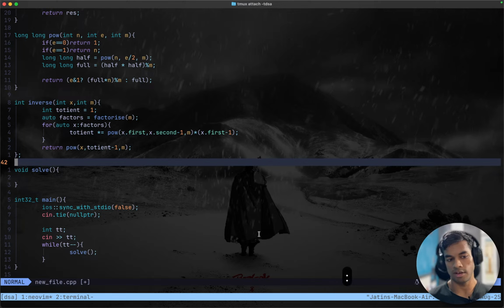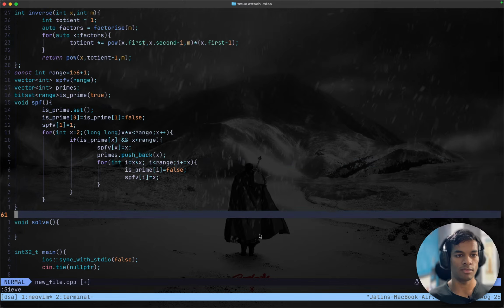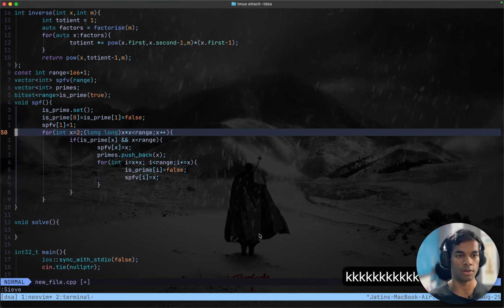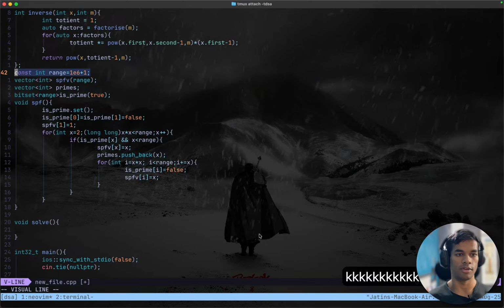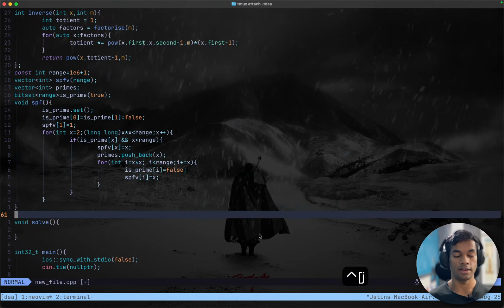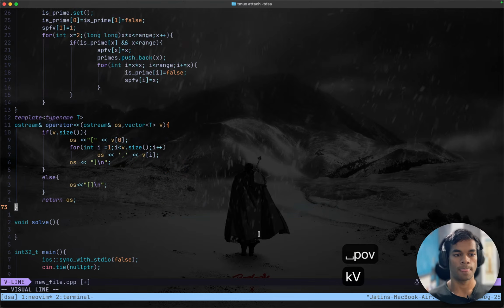So let's say I need to write the sieve of Eratosthenes. I just write sieve in the terminal and the whole sieve code is here with a given range. And let's say I want to print a vector, and I do not want to write a custom loop. So I can write space POV. This whole code